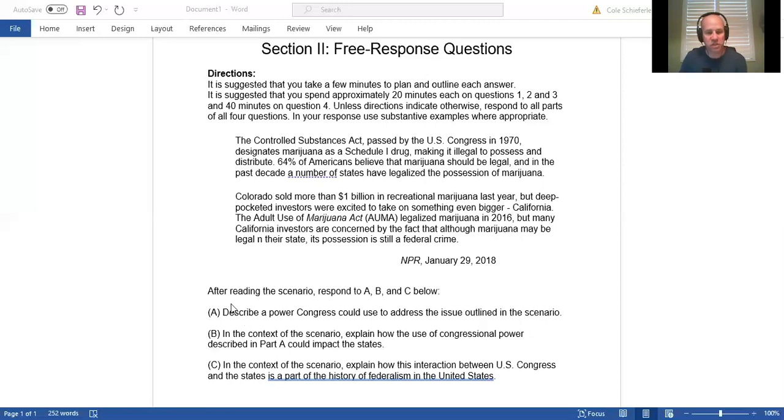So remember, when you see the word describe here, they're asking for examples, and you have to assume that the reader doesn't know what those examples are. So go into detail of those examples. If you use a vocabulary term in your description, try to define what that vocabulary word is.